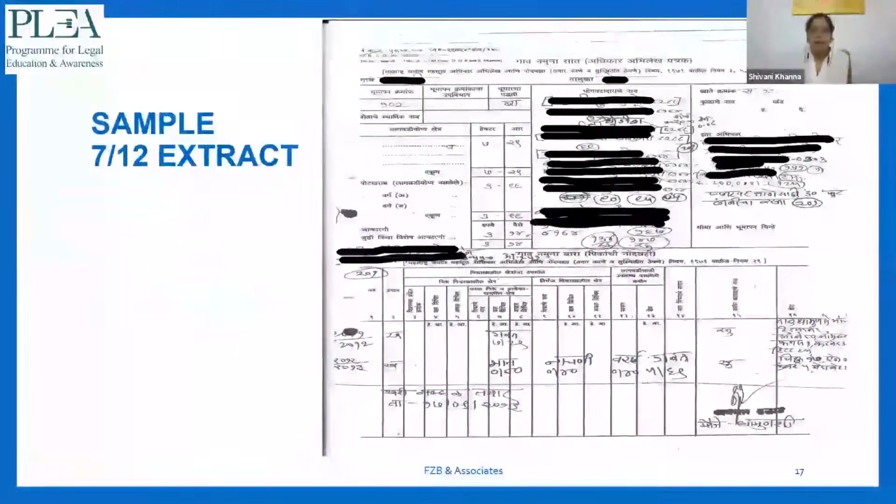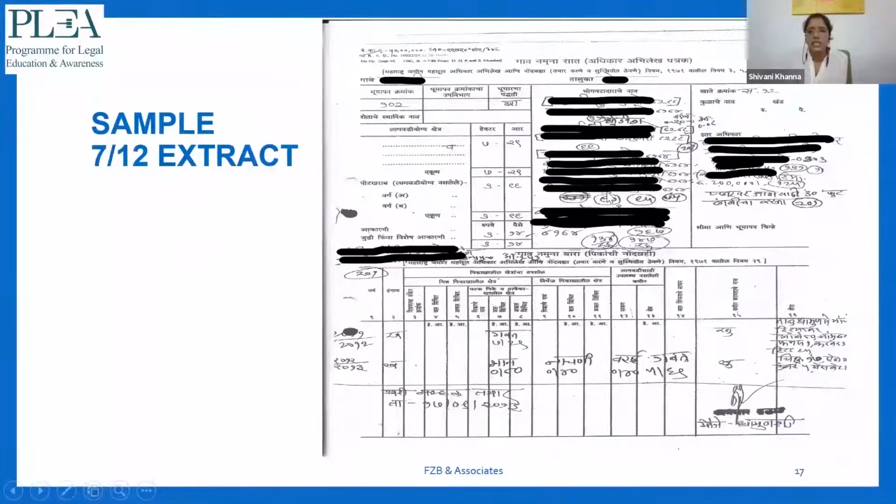Now, when you apply for the certified copy of the 7/12 extract, this is how you get the 7/12 extract. The topmost part is form 7, that is record of rights. The below form is register of crops, that is form number 12. I had mentioned to you all earlier, serial number of mutation is important.